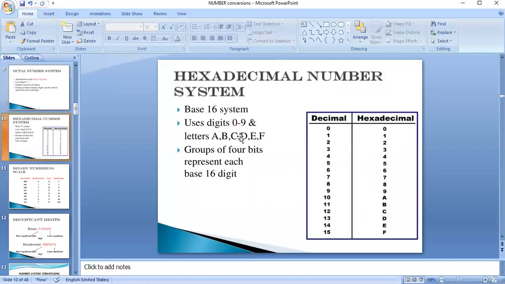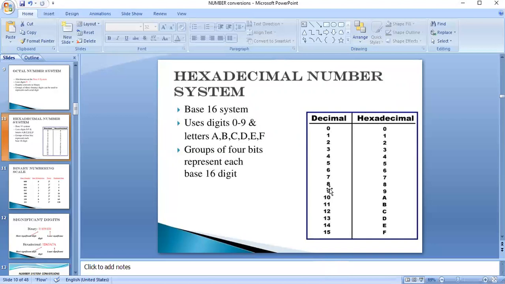And the next one is the hexadecimal number system. What is the hexadecimal number system? The base or radix is 16. 16 means it contains 0 to 15, totally 16 numbers. But it is a little different from the decimal number system. For 0 to 15, we have totally 16 numbers, so that's why the base or radix of the hexadecimal number system is 16. In hexadecimal, 0 to 9 are numbers.